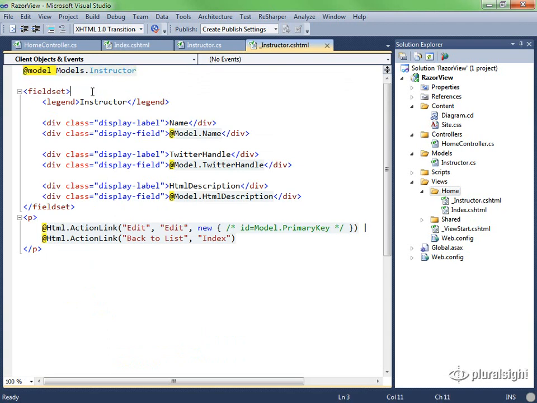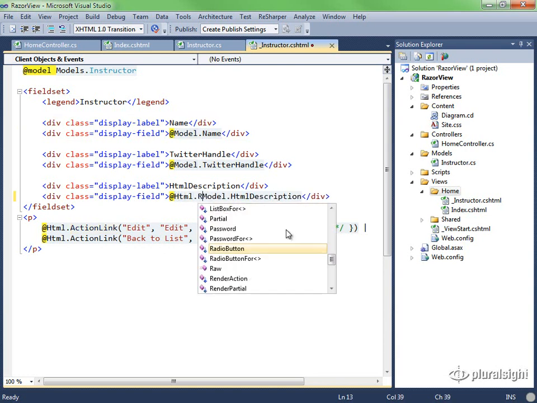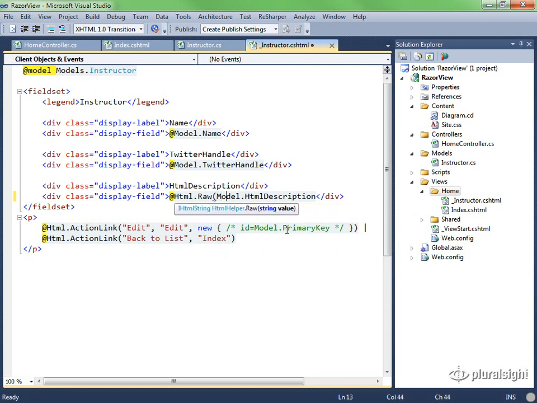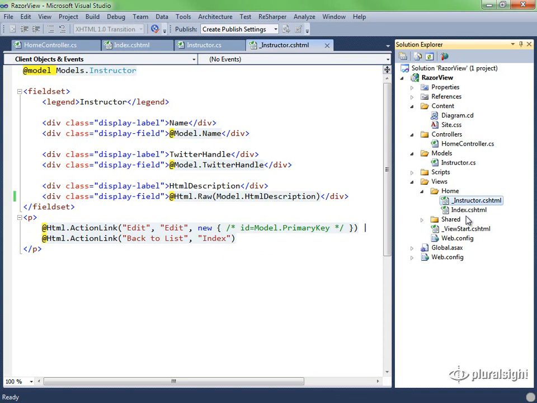There's the @model directive. The scaffolding has built up a field set for me. It basically looked at all of the properties that are available on that model object and emitted some UI pieces for each property that was available. It also included some action links at the bottom. One change we'll have to make here is to use HTML.raw to make sure that the description does not become HTML encoded. So let me save that, but before I move away,